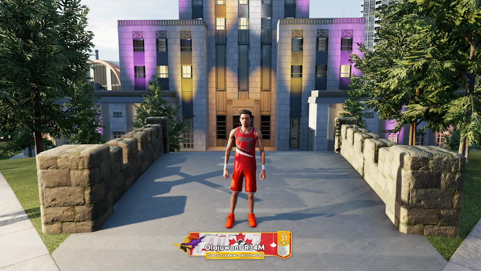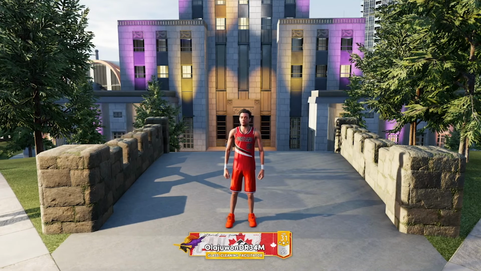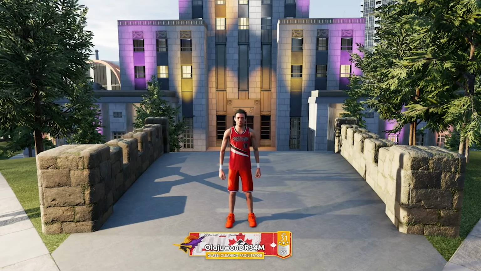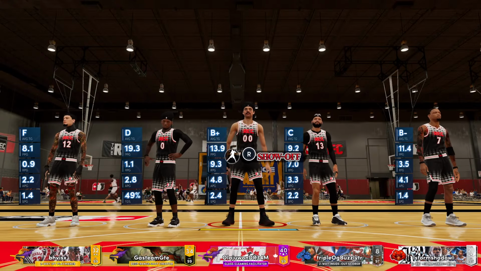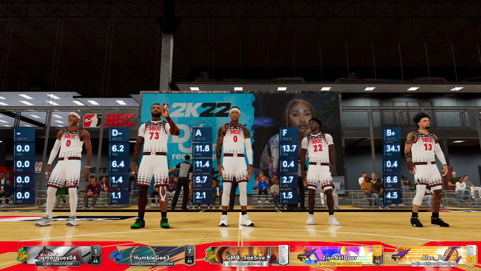So now that we've run through the build, we're gonna get into some gameplay here. I have a triple-double gameplay for you. 21 points, 11 rebounds, 10 assists, 4 steals, and 2 blocks. So very nice, solid all-around gameplay. Let's get into it. So here we have the 21 point, 11 rebound, 10 assist, 4 steal, and 2 block